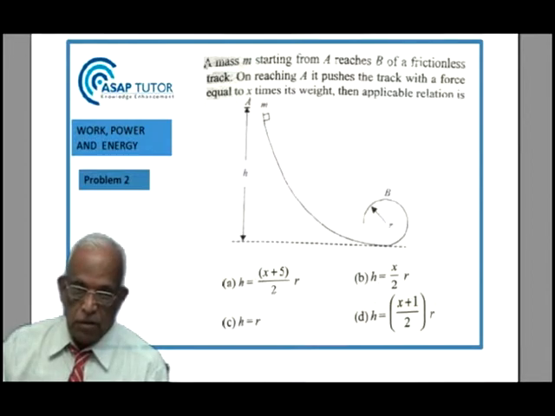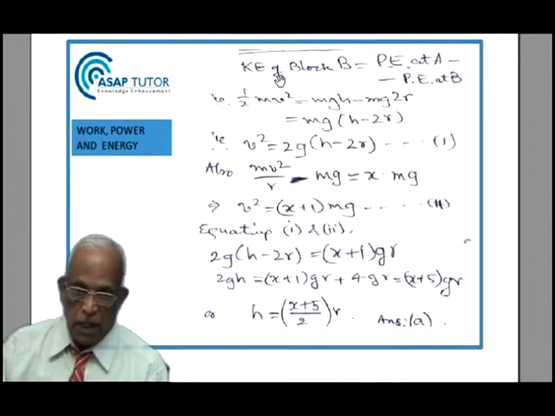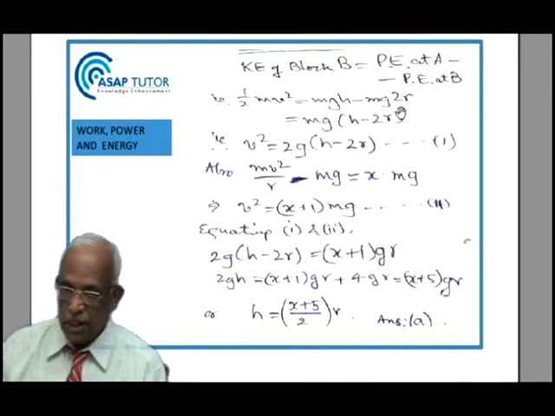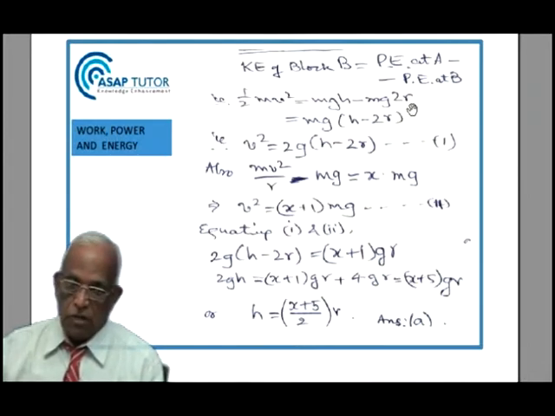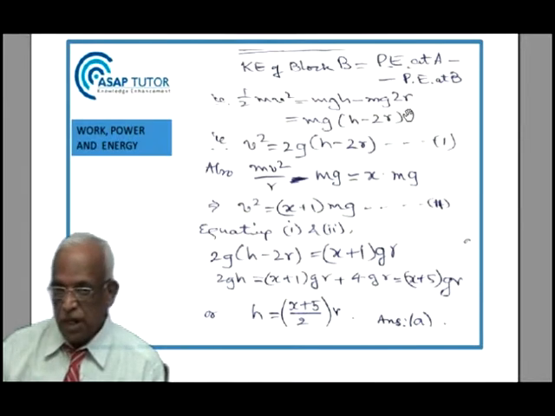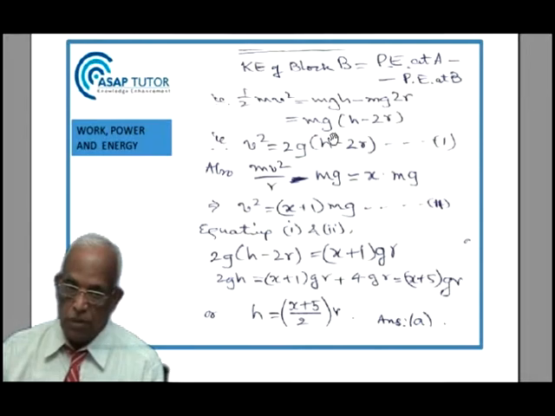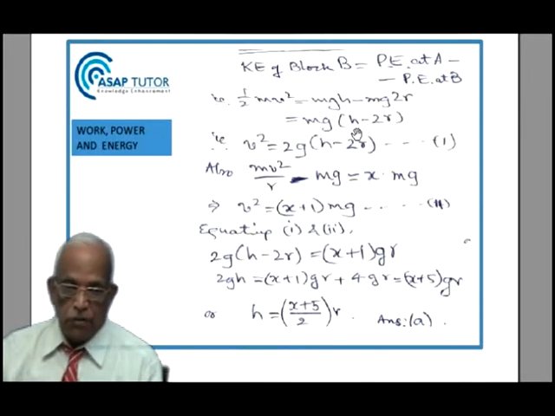If you remember the diagram correctly, now the kinetic energy of the block at B is the potential energy at A minus the potential energy at B. This is because it is reaching down and then it's coming up. So half mv square equal to mgh minus mg into 2r, because r is the radius of the circle, and B is at the top of the circle. So half mv square equal to mg into (h minus 2r). That is, m cancelling, v square equal to 2g(h minus 2r) is one relation I get.